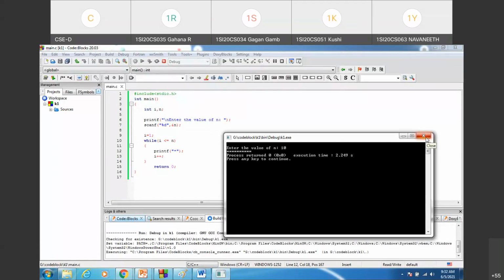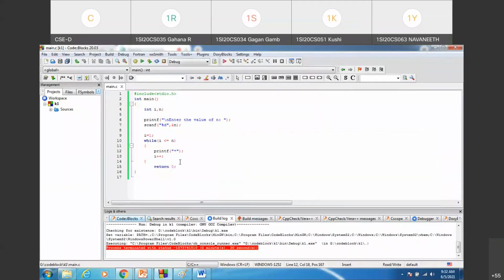To repeat some set of statements a fixed number of times, we make use of a looping construct. This is the while loop construct we have used, which is one of the looping constructs supported in C. It is an entry control loop, meaning first it tests the condition. Only if the test condition evaluates to true will control enter the body of the loop. That's why it is called an entry control or pre-test loop. The keyword we are using is while. Hope you have understood this.